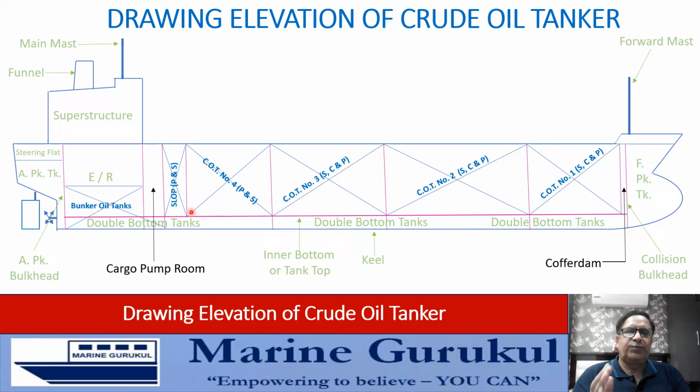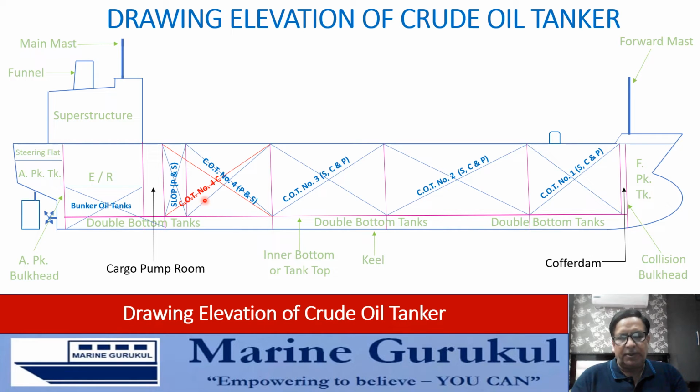However, as we have said that these slop tanks are only on the sides, number 4 center cargo oil tank, its boundaries will extend up to the pump room. So number 4 cargo oil tank is extending from the forward bulkhead of number 4 tank to the forward bulkhead of the pump room. So you can see number 1, 2, 3 and 4 cargo tanks divided into port, center